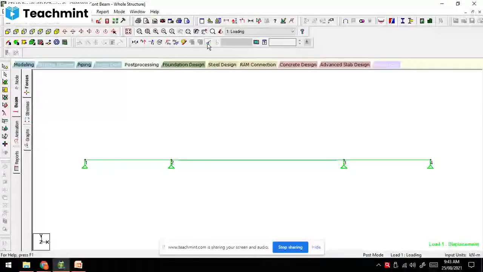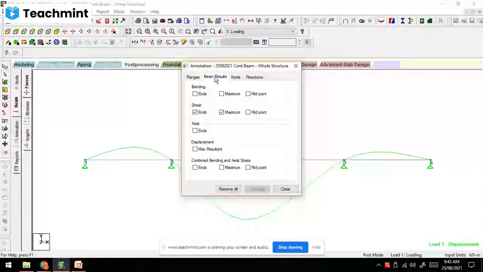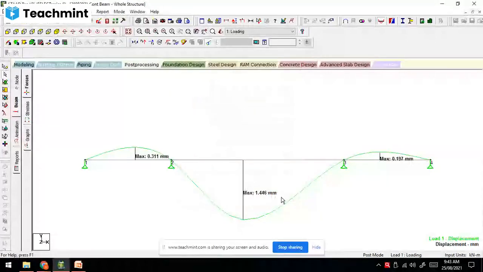Now we will see the deflection diagram. Now click on this. This is called a deflection diagram. Now we will see the result. You can see the deflection for the 3-span continuous beam, point load at the center.